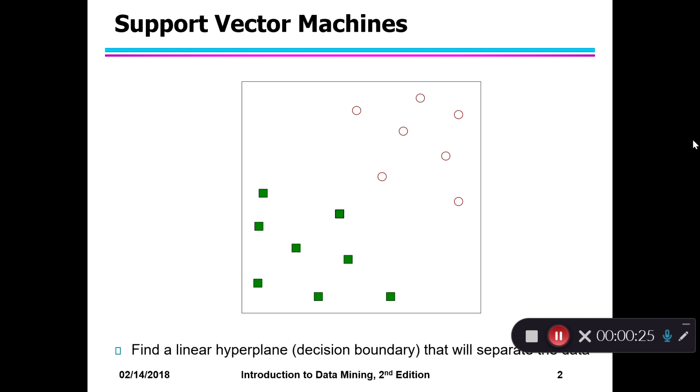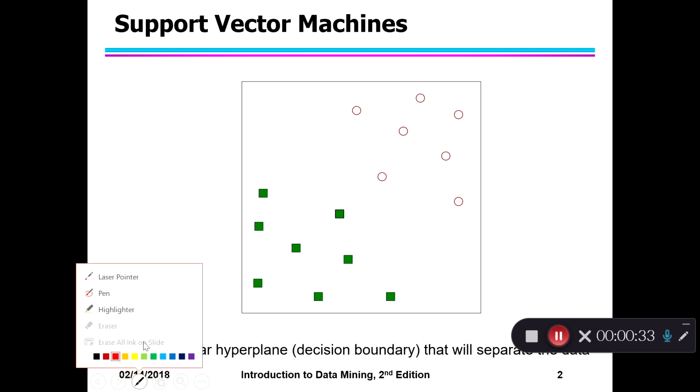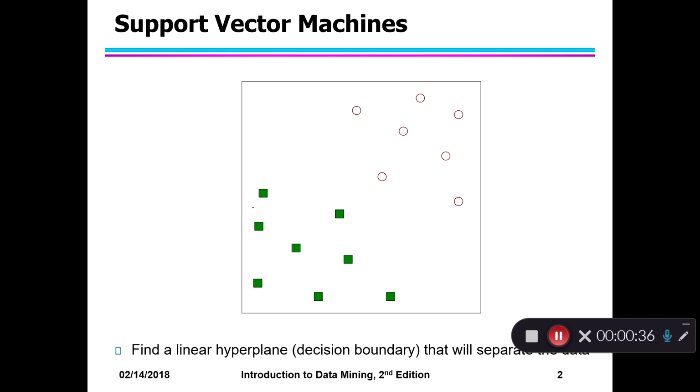So using these support vectors, we maximize the margin of the classifier. Here we have two different kinds of data points, and we want to draw a hyperplane between them. What is a hyperplane? Hyperplanes are decision boundaries that help us classify the data points. So to classify these data points, we want to draw a decision boundary, which is basically a hyperplane.